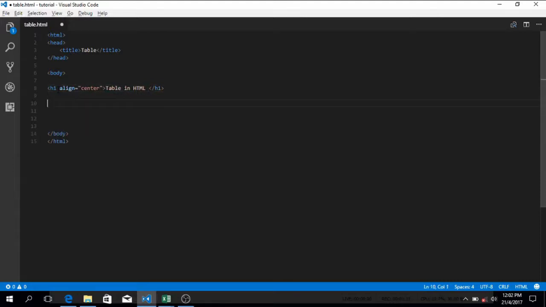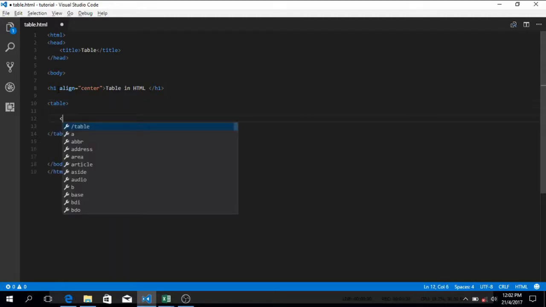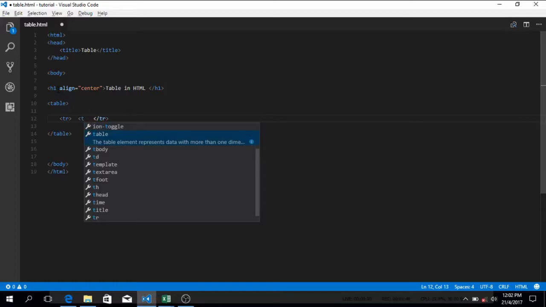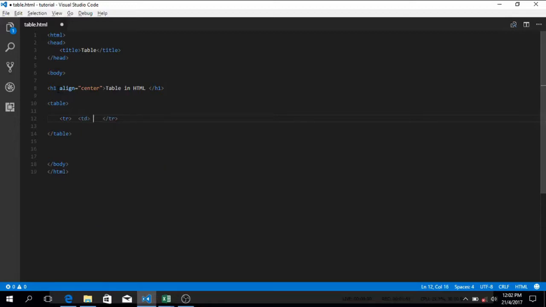Now right beneath it, I'm gonna add an HTML tag to create a table, and as you can guess, the tag is the table tag, right? Open and close table tag. Now within this table element tag, I'm going to add a couple more tags, which is tr. Tr stands for table row, open and close tr tag, and within this tr tag, I'm going to add another tag, which is td, which stands for table data,